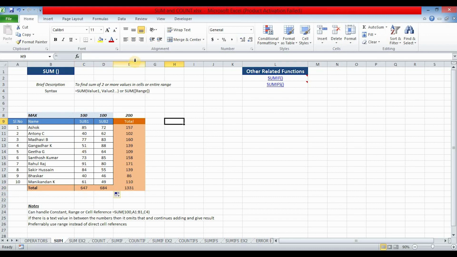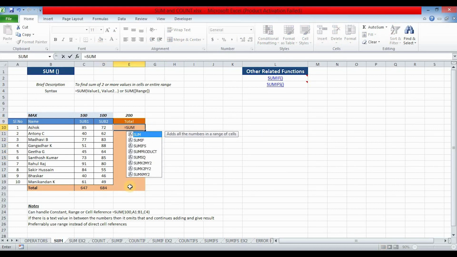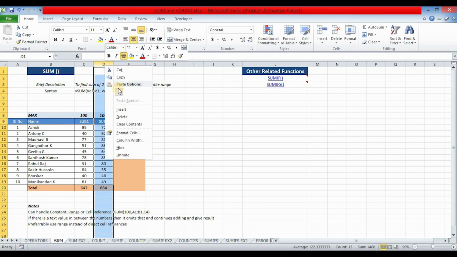One thing you should keep in mind: instead of referring to cells one by one, if you are giving the values as a range, Excel won't give you an error even if one of the columns or rows is deleted. For example, I am giving the sum function like this, equal to sum C10 comma D10, and I am deleting the D10 column.